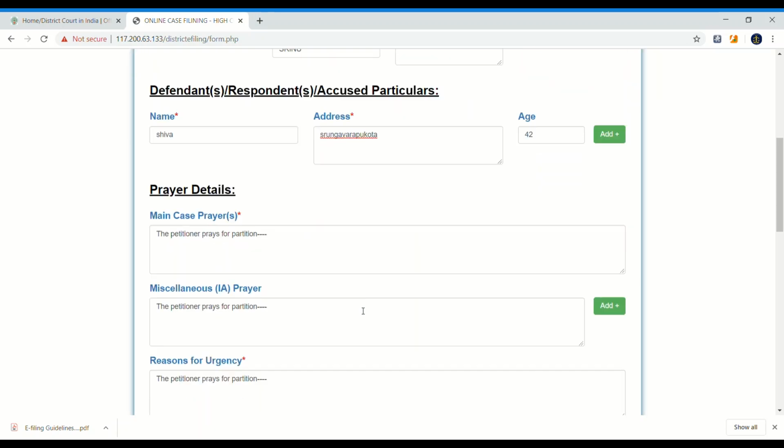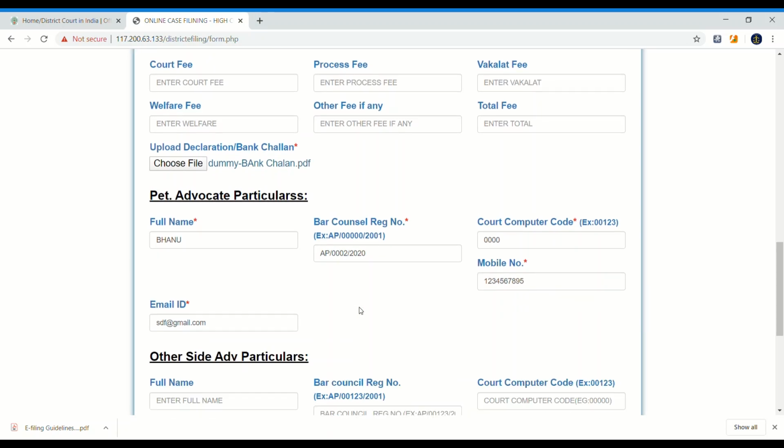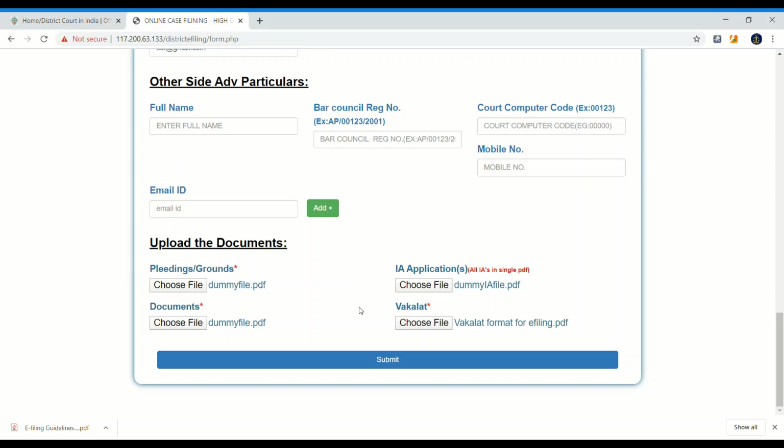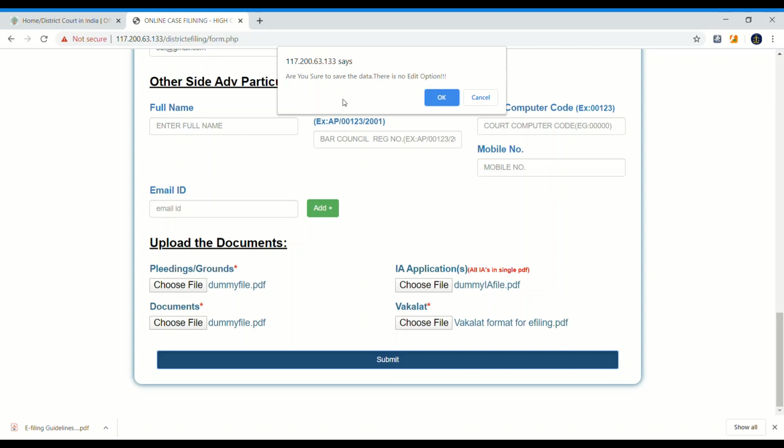Again, cross check. If you have entered the details, then click on the submit button, and a prompt is shown: are you sure to save the data?